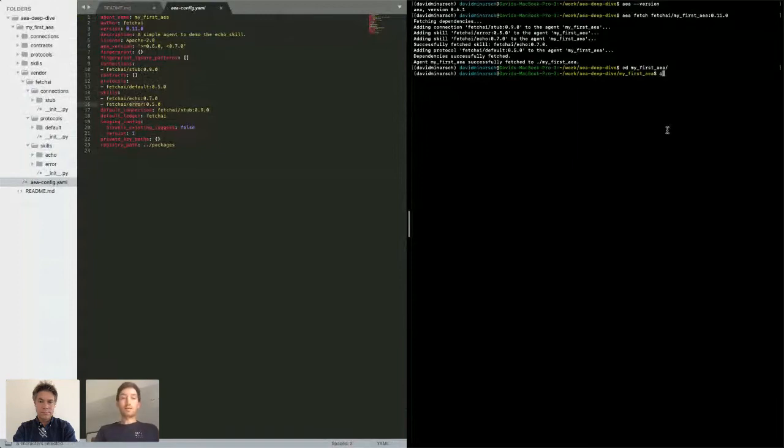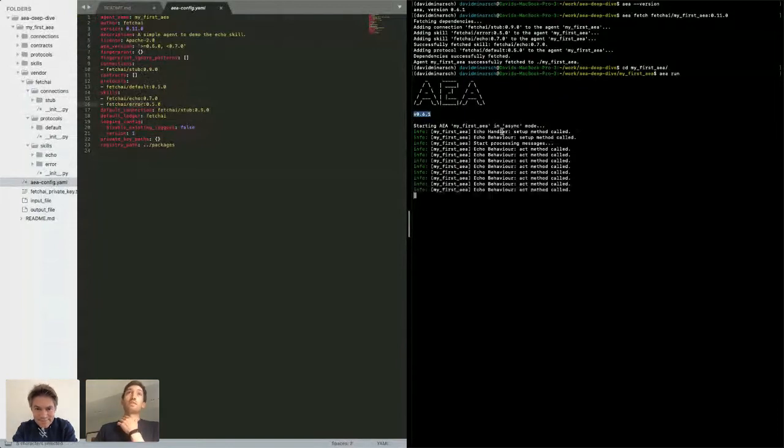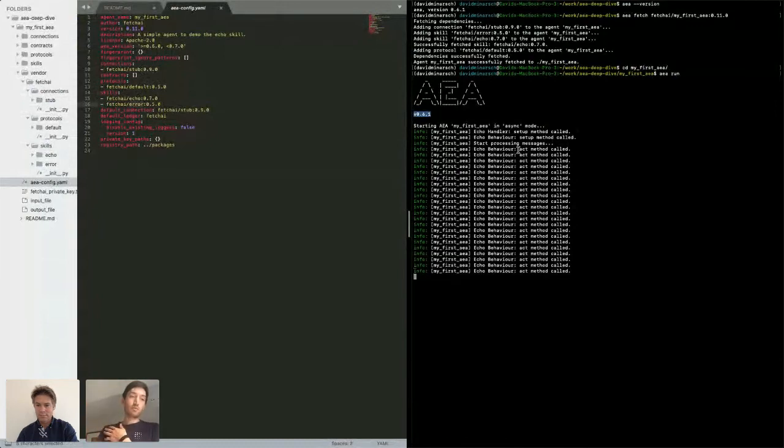And I can now already run this agent. And we will see that it's telling me the current version. And this is an extremely simple agent. What this does is the quick start agent. And all it does is it loops over the act and react components, so the handlers and the behaviors. And here currently, when it's acting, when it's doing something proactively, all it's doing is printing something to the standard output. So this is very basic.